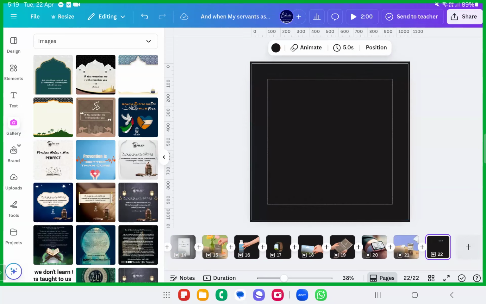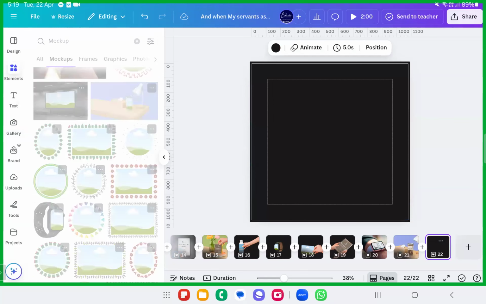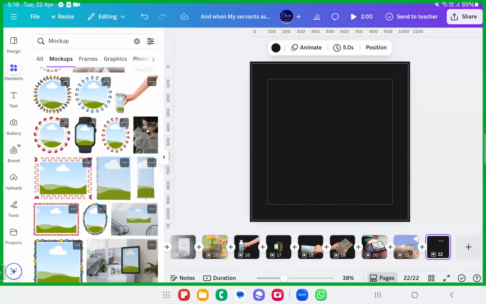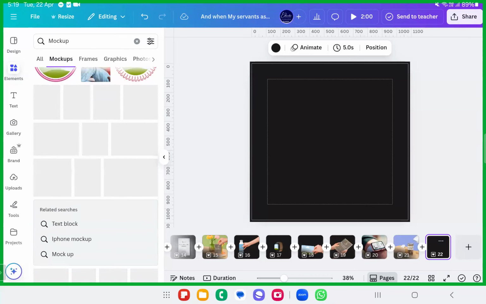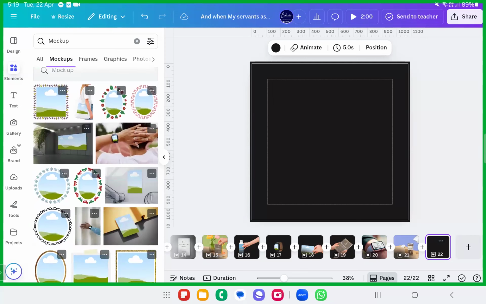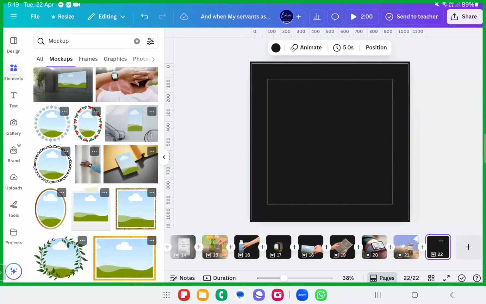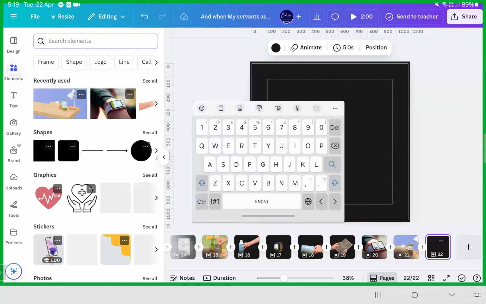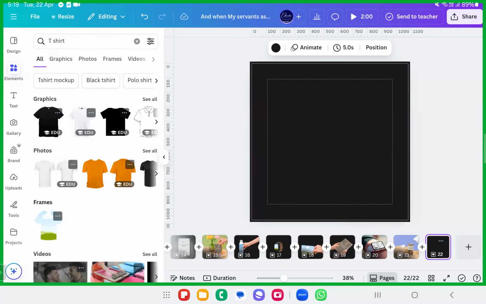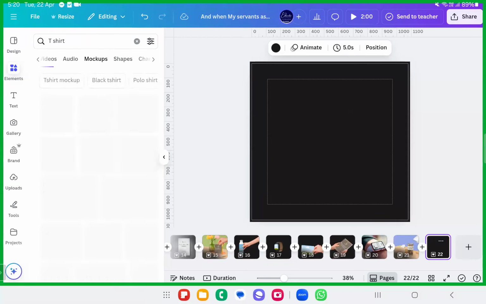For example, usually in the t-shirt businesses and more, we use this thing. For example, the t-shirt mockups. Usually, when you see the models wearing the t-shirts and something like that, they actually are not making them wear those. They're just creating the mockup image of that. I'll show you the t-shirt mockups. Okay, we have the models with t-shirts. Let me go ahead with the t-shirt model.